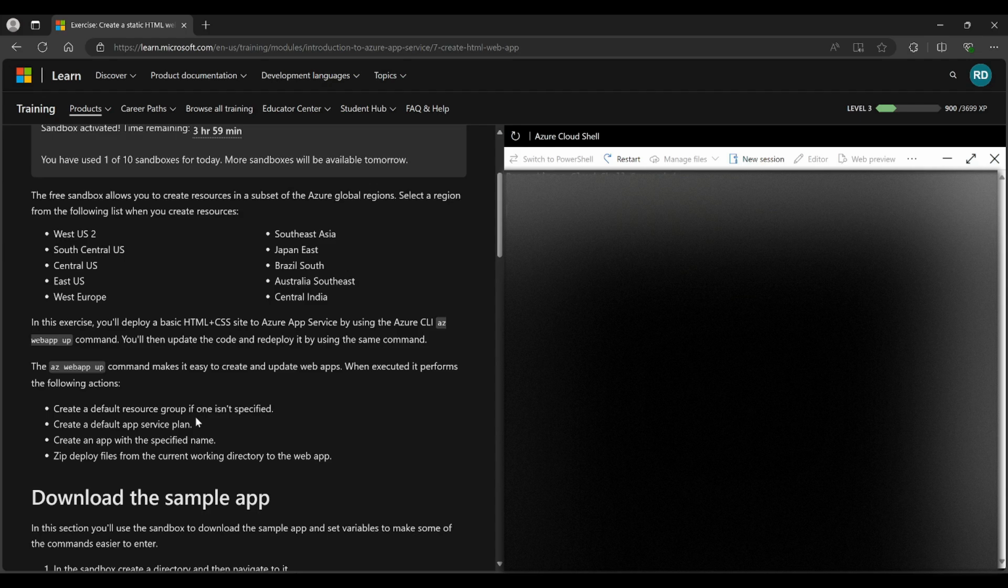Okay, the free sandbox allows you to create resources in a subset of Azure global regions. Select a region from the following list when you're creating a resource: West US 2, South Central US, Central US, East US, West Europe, Southeast Asia, Japan East, Brazil South, Australia Southeast, Central India. In this exercise, you will deploy a basic HTML plus CSS site to Azure App Service